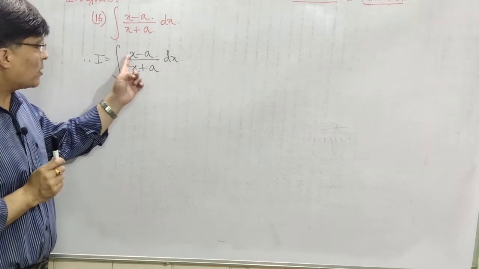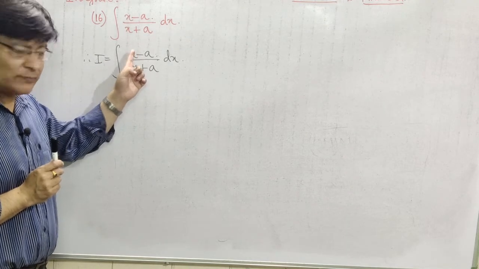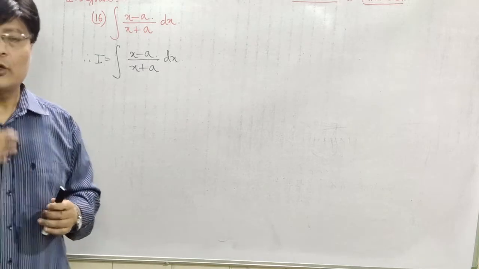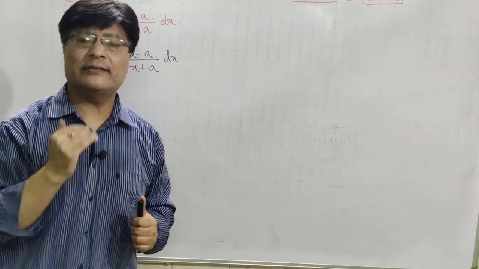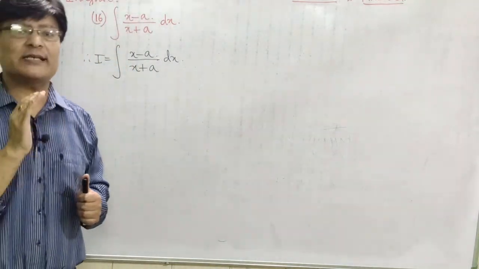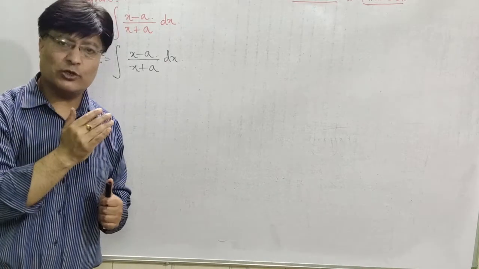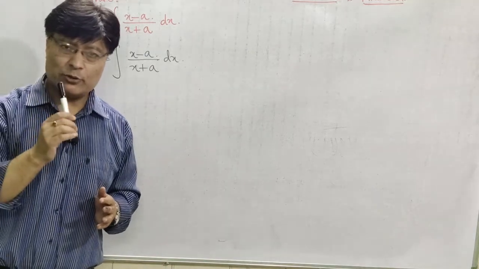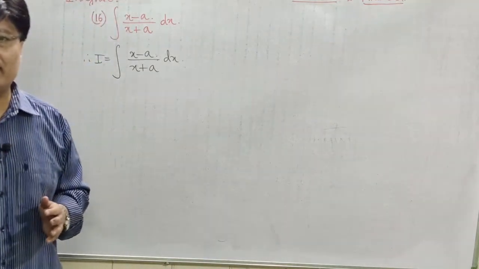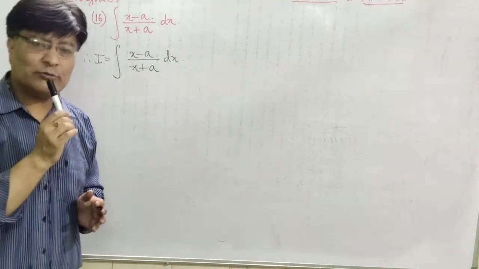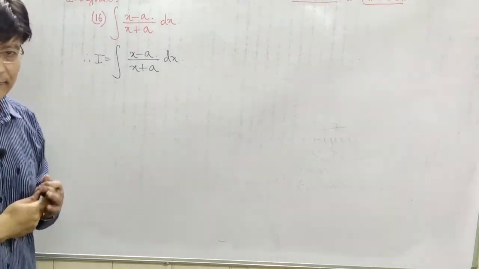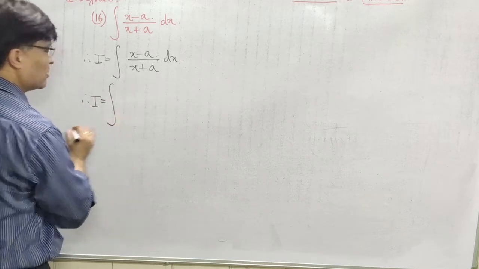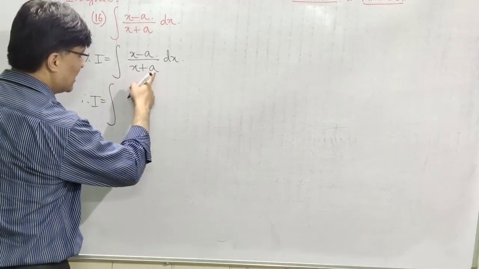So in both the numerator and the denominator the highest power of x is the same. So you write down whatever is there in the denominator in the numerator. Okay. So therefore the method is I is equal to integration of